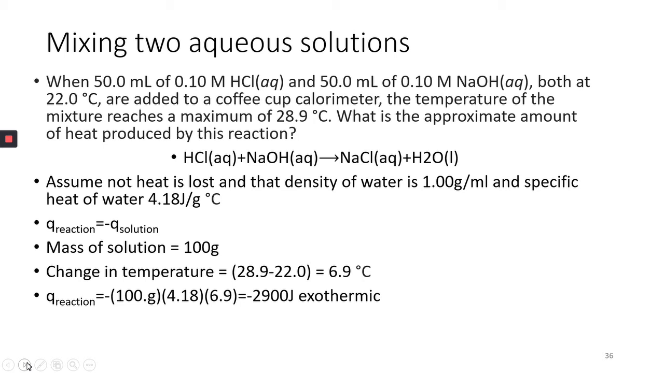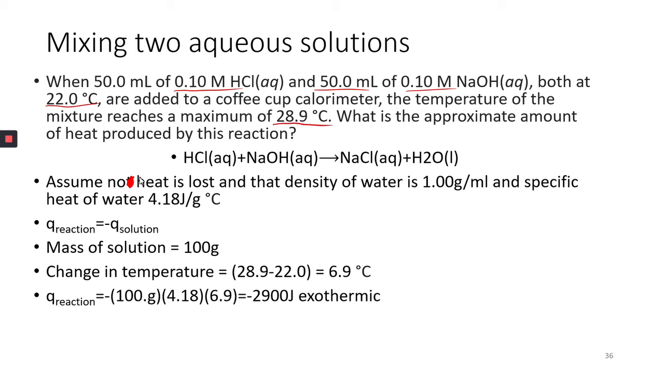So now here we're mixing 2 aqueous solutions. We have 50 milliliters of 0.1 molar HCl and 50 milliliters of 0.1 molar NaOH. And they're both at 22 degrees. They're added to a coffee cup calorimeter. The temperature of the mixture ends at 28.9. What is the approximate amount of heat produced by this reaction? Assume no heat is lost and that the density of water is 1 gram per